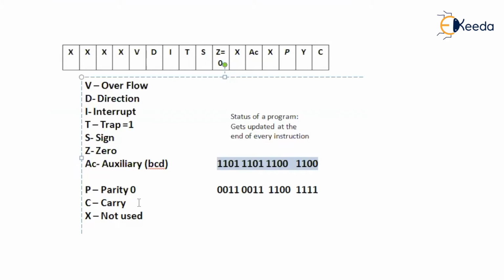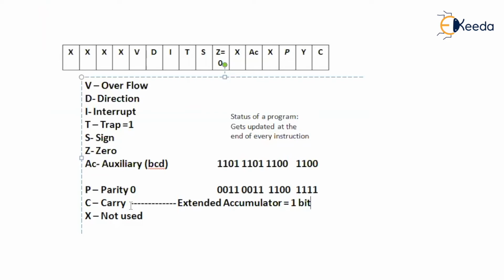Okay. Now, in order to support this end carry, the accumulator will be provided with an extended accumulator. In order to support the carry, there will be an extended accumulator, which is equal to 1 bit. Okay. Try to understand. Now, if you could go back and understand the single accumulator organization.